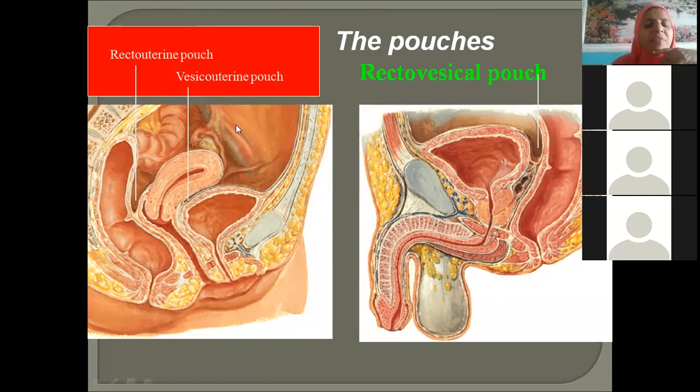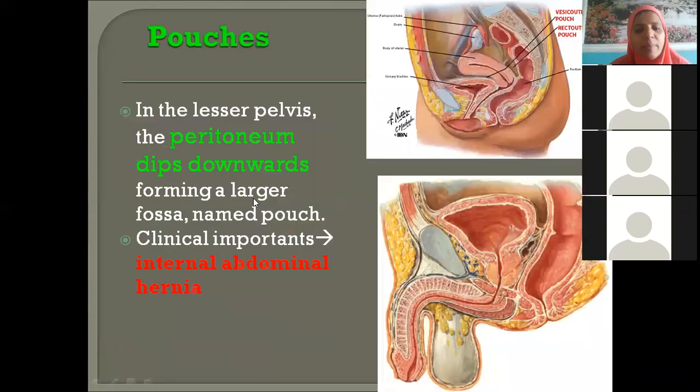Okay. Can you guess the clinical significance of these pouches? Suppose there is any infection in the peritoneal cavity. These are the potential spaces where collection can take place. Pus, blood, internal bleeding: the blood due to gravity will accumulate here, pus will accumulate here, edema fluid, ascitic fluid, so many things, isn't it? So these are the pouches we have seen in the pelvis. This is female pelvis and this is male pelvis.